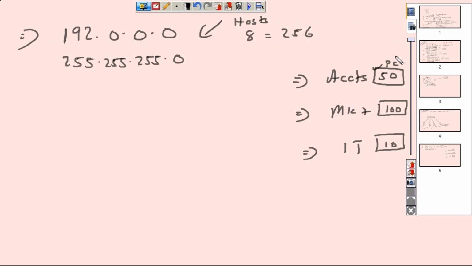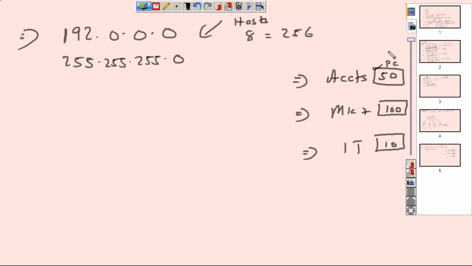What is our requirement here? 50. Right. So if I have 8 bits and it gives me 256 machines, I do not want a network of 256. I want a network of 50 machines. Which means now the question we need to ask ourselves: how many bits should I use to get a network of 50? You understand that logic? I have 8 bits, which gives me 256. I do not want 256. I need 50. So how many bits do I need? Clear on that question? Yes. Because that question is what is going to make your subnetting life much easier, right?